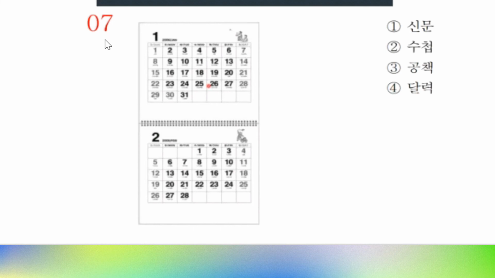So, number 8. Number 8 is what? Ito yung Korean money, guys. So, money in Korean is what? Let's check the answer. Number 1 is 돈. 돈 is money. So, the answer is number 1. 돈. Okay? Money. Pera is 돈.